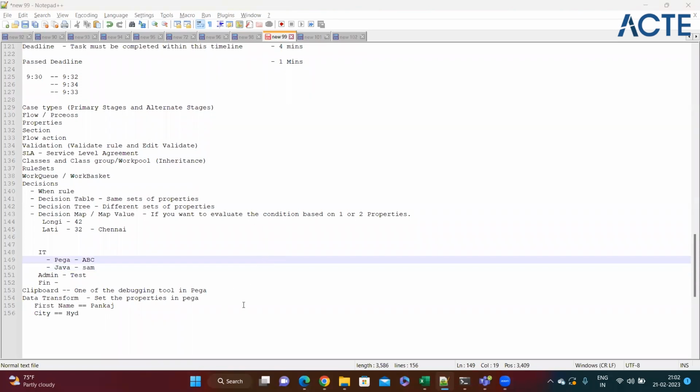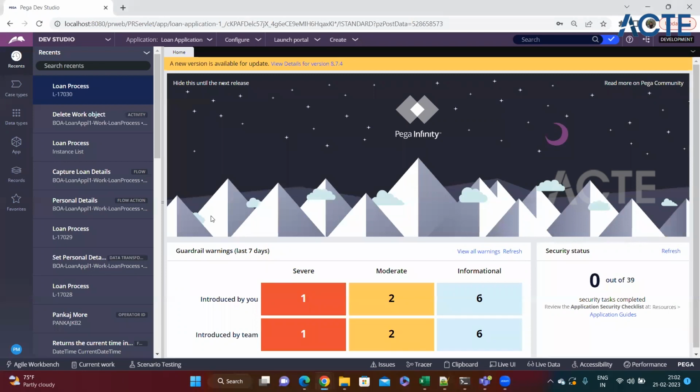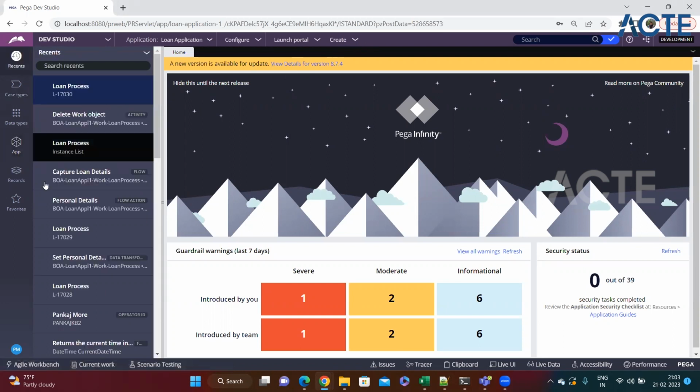So in the last session, we discussed the clipboard, its purpose and how we use it. We also saw a brief about data transform, like how we can use a data transform. For example, yesterday we created